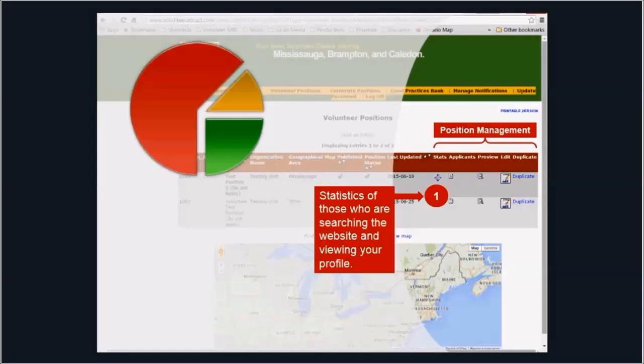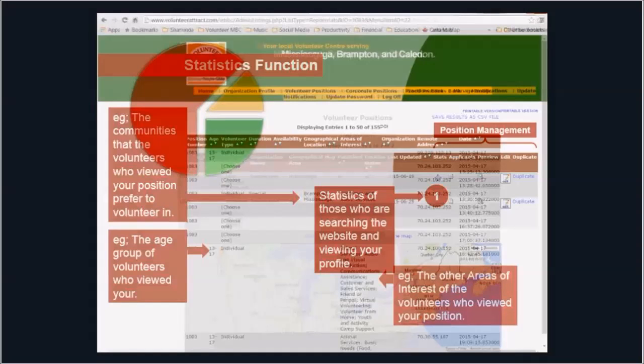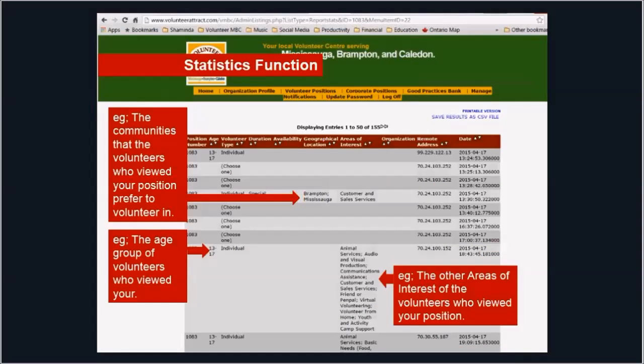Let's take a look at what the stats or statistics function is all about. Simply click on the icon and you will be taken to the list of records that highlight the search and view trends of your position description. This will be particularly useful to identify the type of volunteer who is searching your positions. For example,